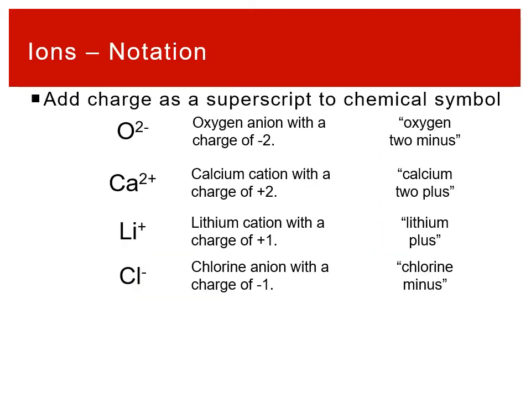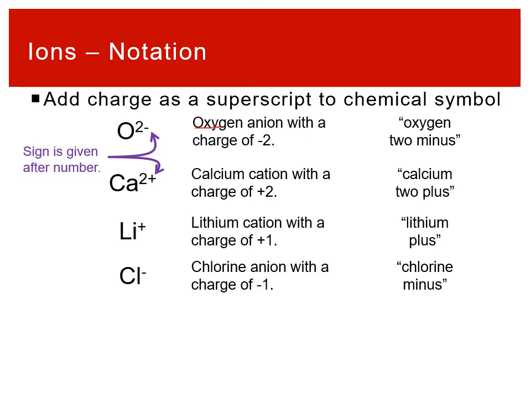So when we talk about ions, we can put that information onto our chemical symbol. We add it onto the chemical symbol as a superscript after the symbol. Okay, and we'll note that when we put the charge, the notation is we put the sign after the number. So for example, for an oxygen anion,